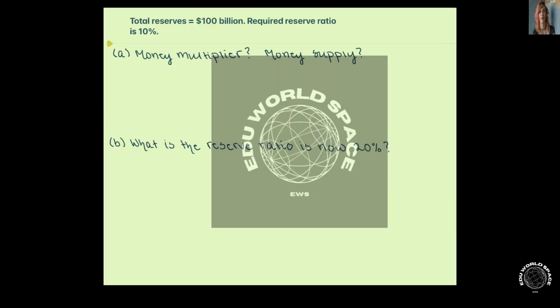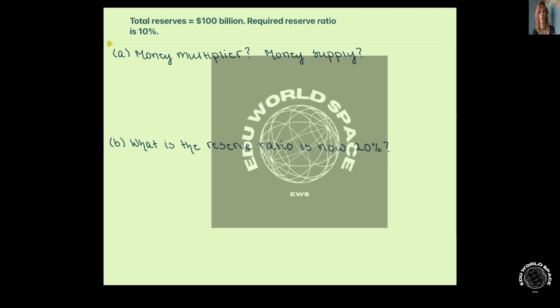Working with the monetary system, we're going to be using money multipliers and the money supply to understand how changes in required reserve ratios impact both of those things. So what we're given is that the total reserves is $100 billion and that there's a required reserve ratio of 10%. So for part A here, we'd like to know what the money multiplier is and what the money supply is,